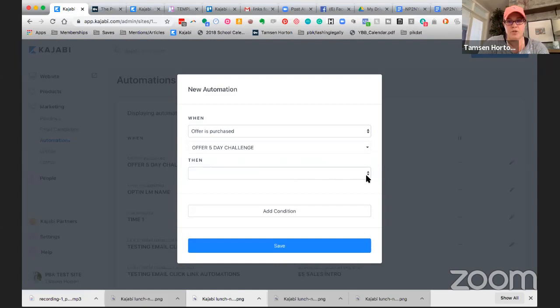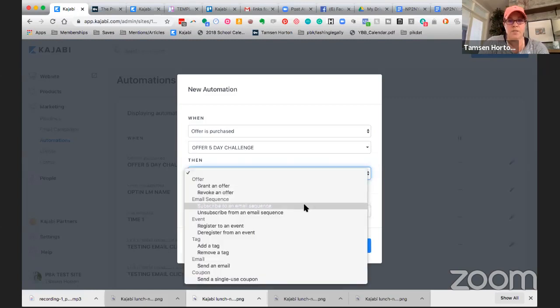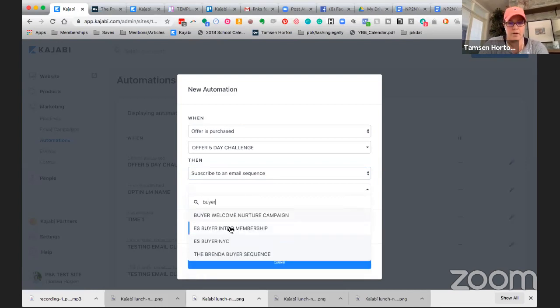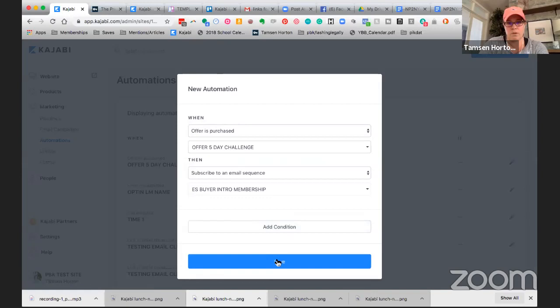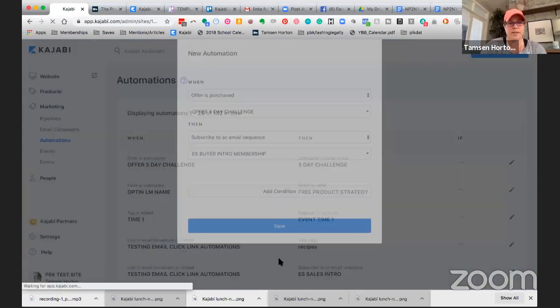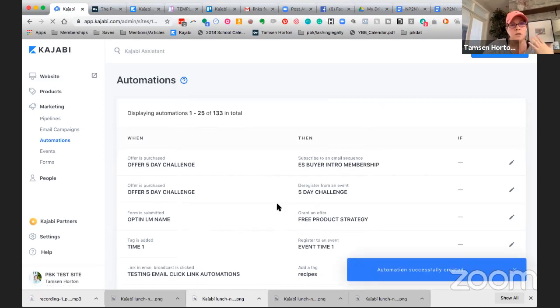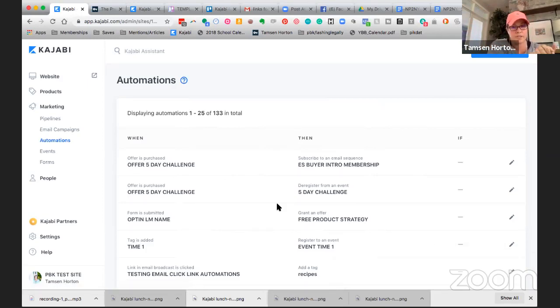Choose the challenge. Now we want to subscribe them to our sequence, buyer intro, and click save. So when they bought, they were taken off the event and they were put onto the buyer intro sequence.